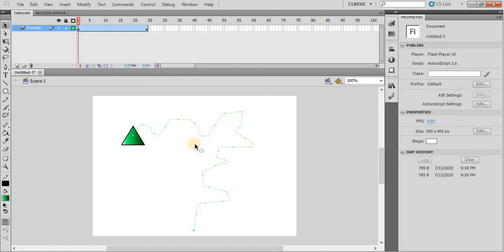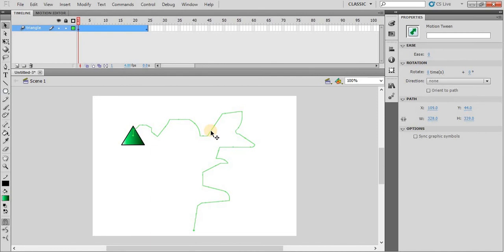In order to do this, click on the path. When you click on the path, in the properties window, you will have the orient to path checkbox. So select the checkbox, and as soon as you select it, you will observe that the triangle is changing its direction.